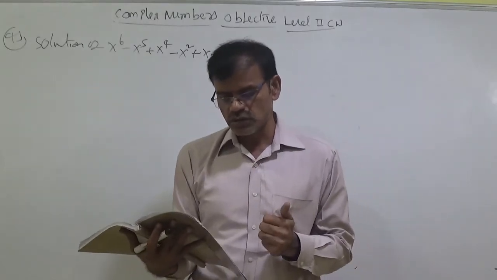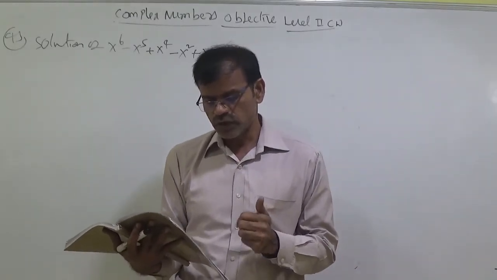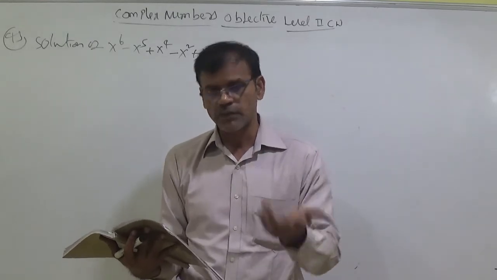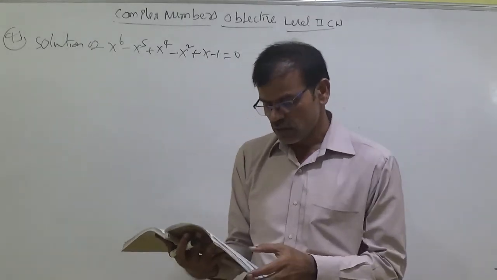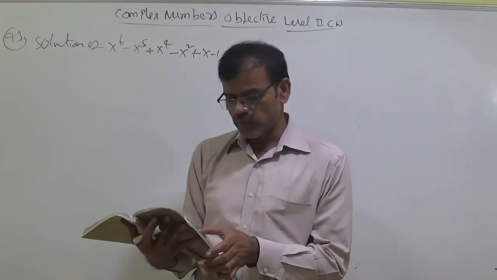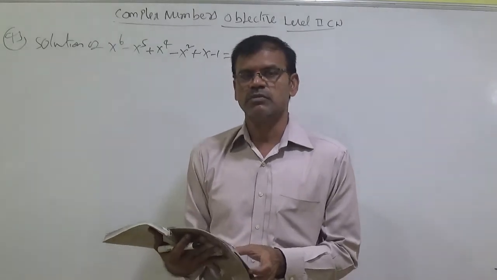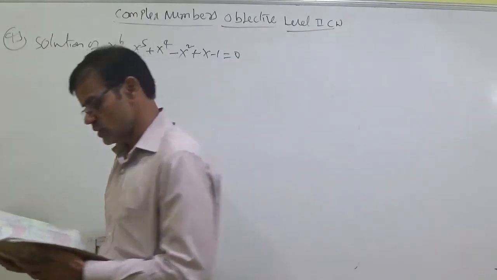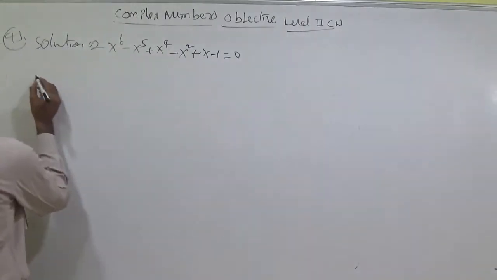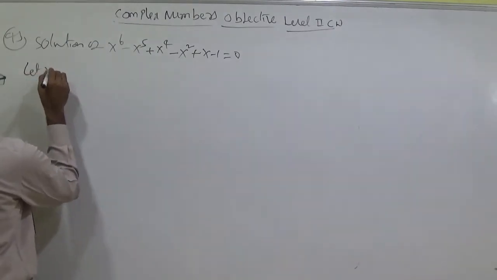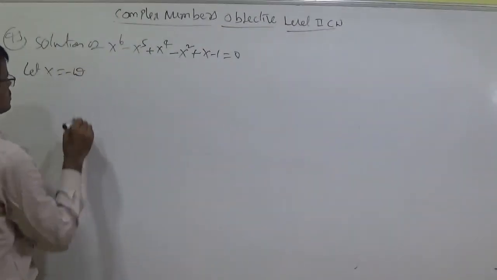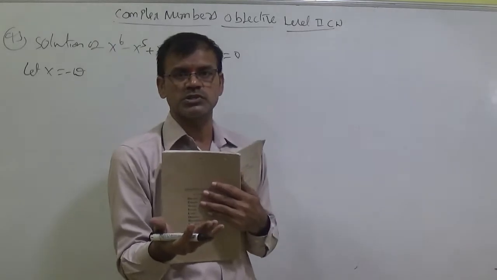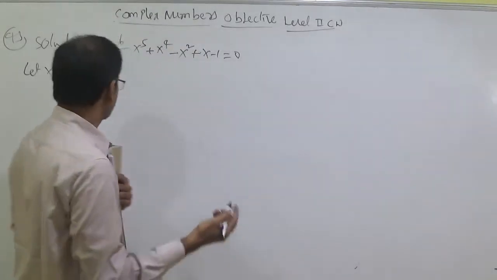Meaning, if you are taking plus or minus 1, plus or minus i, apart from that, if you are taking 1 plus i root 3 by 2 or 1 minus i root 3 by 2, that is nothing but minus omega, because minus 1 plus i root 3 by 2 is omega. Minus omega, let us substitute. Let x is equal to minus omega; I am verifying simply. If it satisfies, fourth option is okay. If it is not satisfied, third option is okay.